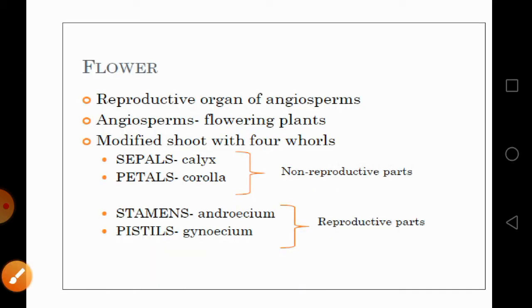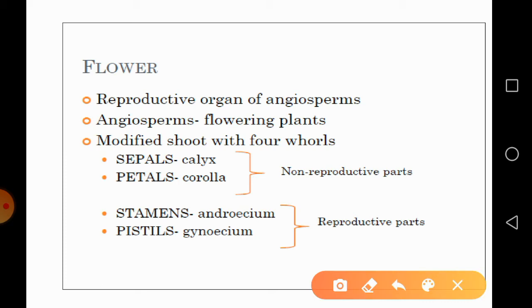So as you know, the flower is the reproductive organ of angiosperm. Okay, angiosperm means these are the plants which bear the flower. So as per a few scientists, flower is nothing but a modified shoot with four whorls. Any flower will have four whorls, that is the outermost layer called a sepal. Then inside that sepal we are having another attractive colored part, that is called a petal, then stamens and